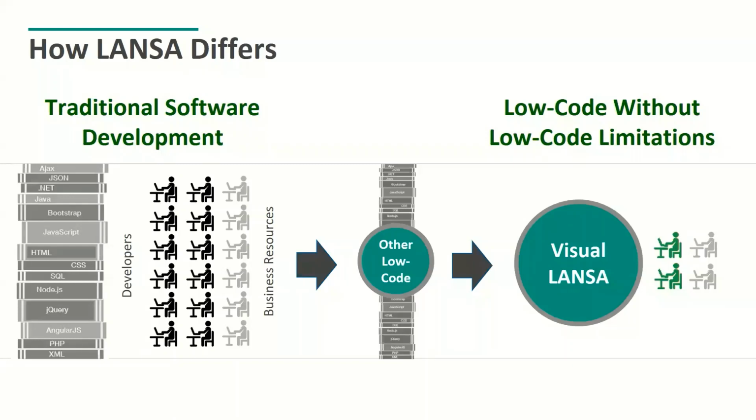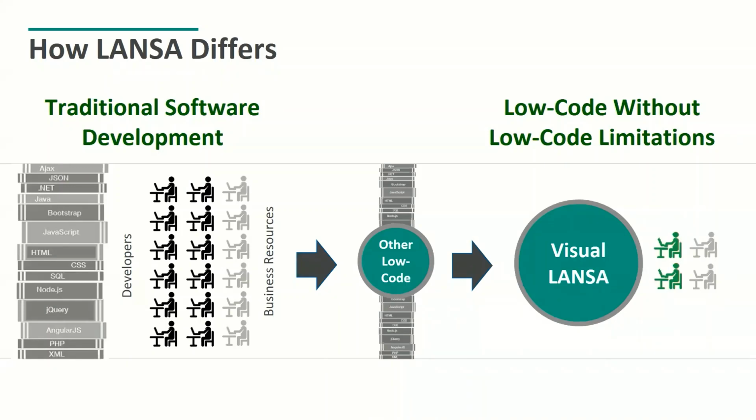Low code says we'll take away some of that burden and give you drag and drop controls, so you create applications faster, which is true. However, a lot of low code platforms really constrain you on what you can do. If they can't handle complex procedures, which a lot of them can't, you'll have to drop out and go back to traditional coding anyway. So now you're maintaining your low code libraries, you're maintaining external libraries,